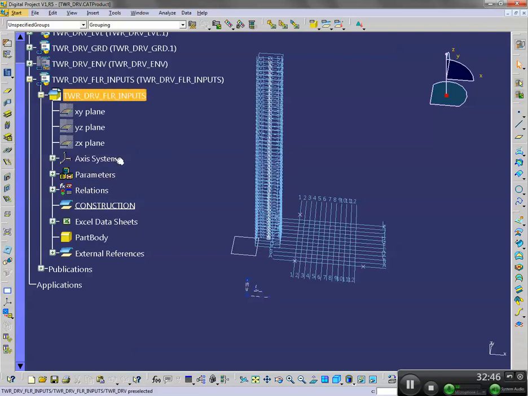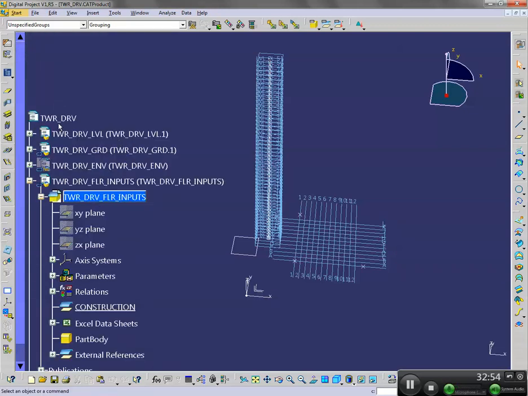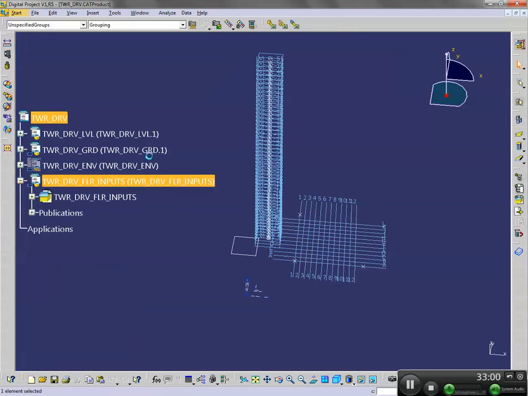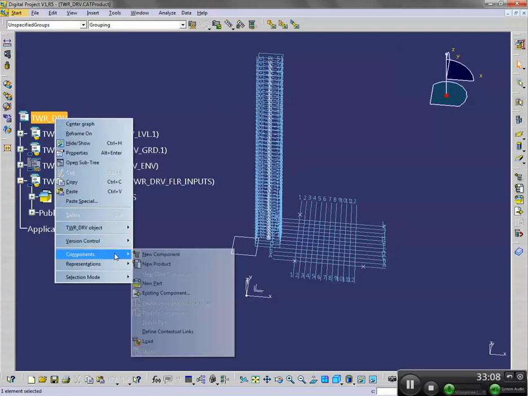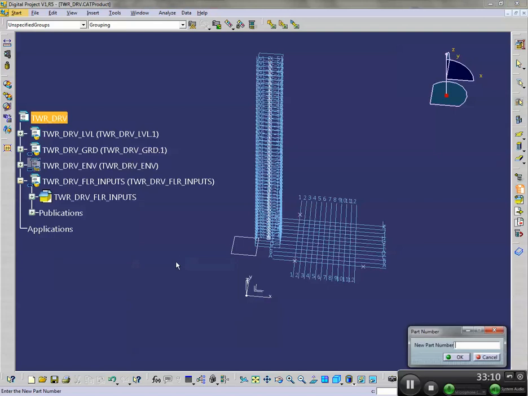Okay, now I'm going to make a product. The product is going to be the context into which all of the document templates will be instantiated. The product is going to go right into the Twr driver. So double click on Twr driver, double click a couple times just to be sure. Right click, components, new product, Twr driver floors. Okay,